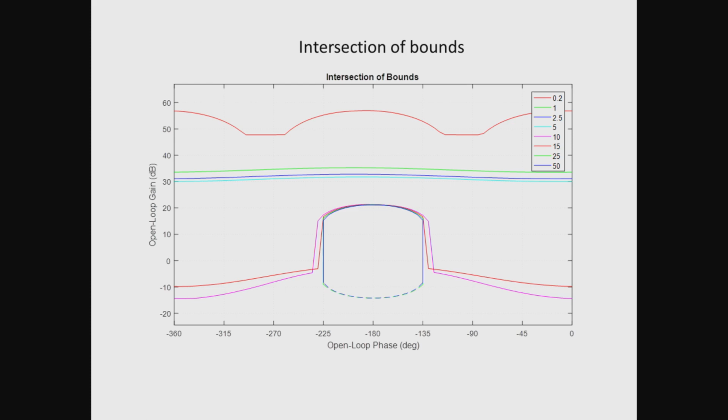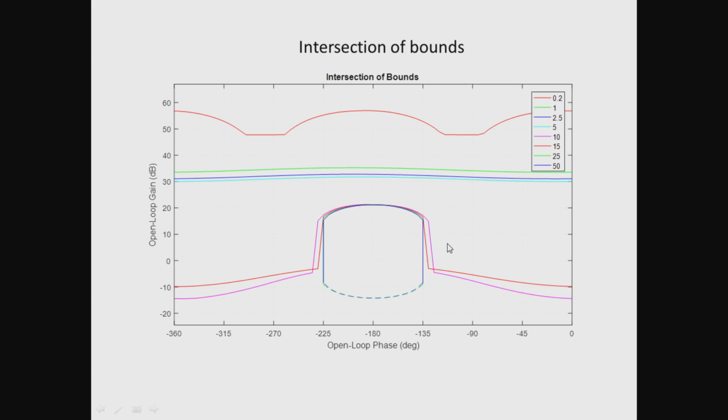After executing the function SECT-BNDS and then plotting the intersection of bounds, it looks as shown in this slide here. So, this indicates that the nominal loop gain has to lie above the red curve at the top, which I am showing by means of the arrow here, at 0.2 radian per second in order for it to satisfy all the 4 specifications simultaneously, namely robust tracking, output disturbance rejection, input disturbance rejection and stability specification at 0.2 radians per second. Likewise, at 1 radian per second it should lie above this green curve, at 2.5 radian per second it should lie above the blue curve, at 5 radian per second it should lie above the cyan colored curve, at 10 radian per second it should lie above the purple colored curve, and so on and so forth.